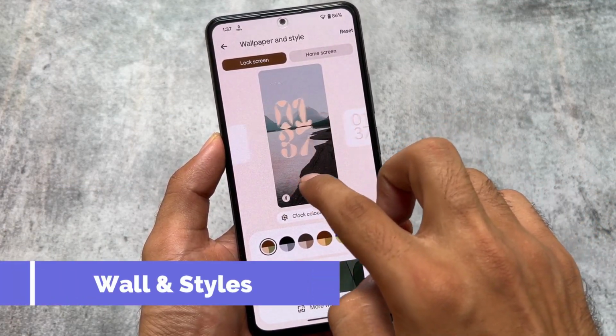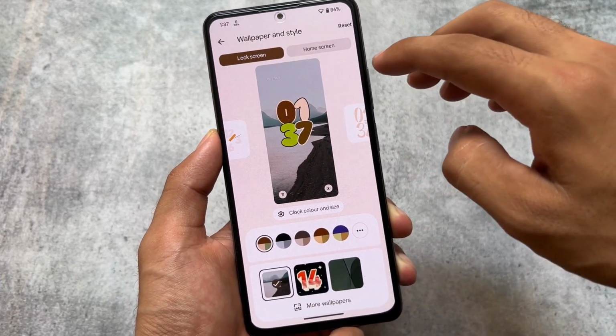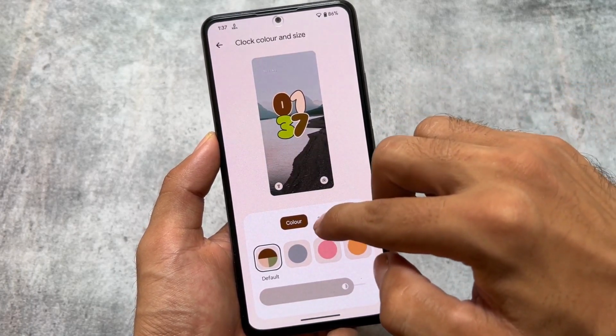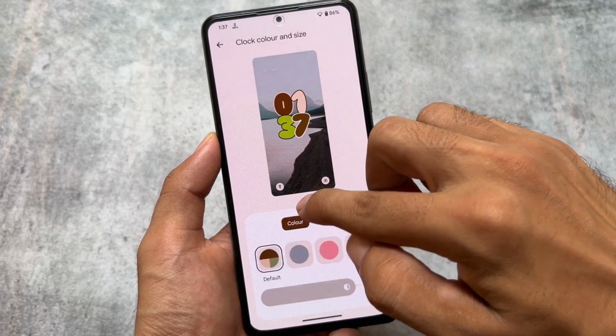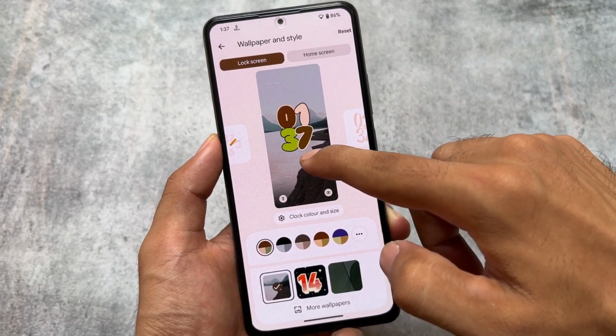Another thing is Wallpapers and Style, which introduced a new UI. Of course, you have the option to customize the clock colors and clock size. You have a lot of clock styles available. A customization feature which was never in stock Android, as far as I know, but this Android 14 update